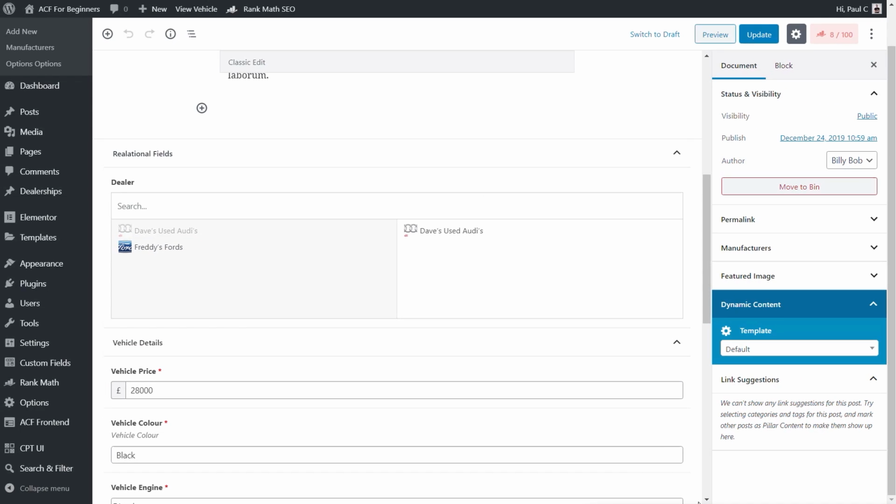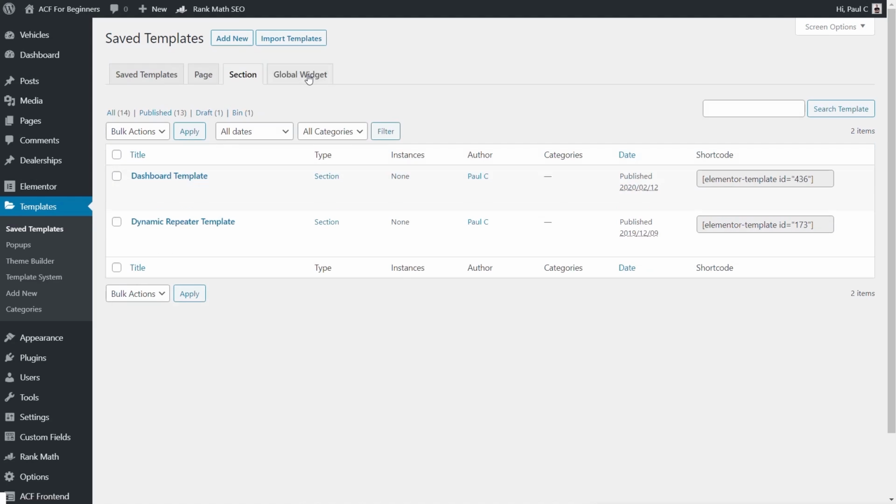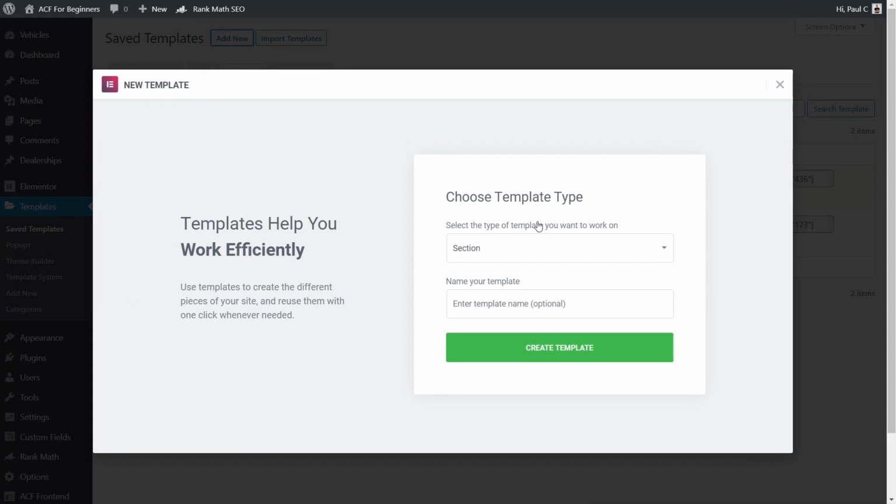The next thing we need to do is start to be able to pull this data into our template structure. So I've jumped over into the template section of Elementor Pro, and we come into the saved templates as opposed to the theme builder at this point, because we're going to create the placeholder for each one of our dealership listings. So we're going to drop in the logo, we're going to drop in some details and a map link. With that being said, all we need to do is come up and we're going to create a section, and we're going to say add new, making sure select section is the selected option, and we're just going to call this dealership. Once we've done that, create our template,